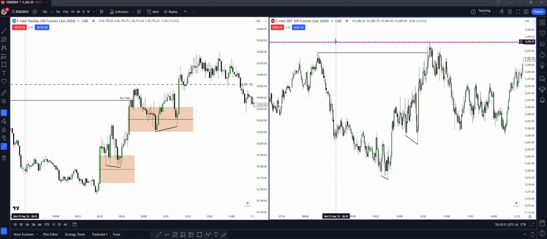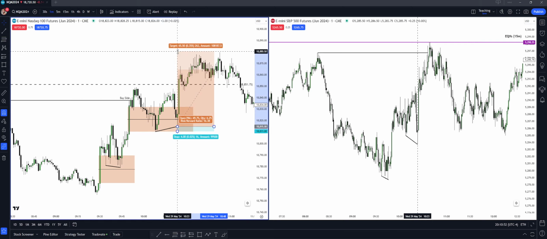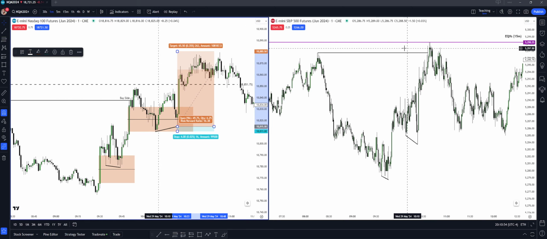So here the setup is longing this as ES turtle soups the low, stop loss below the SMT low, then you're targeting ES buy side. Once it takes out the buy side, you collapse the Nasdaq trade, or you trade ES instead. Then after the market reached into the premium, so this is the premium,